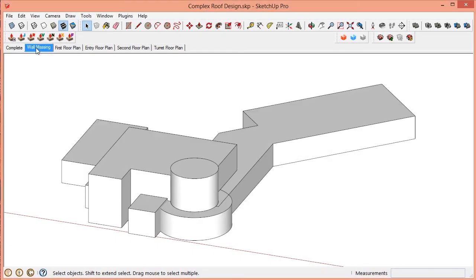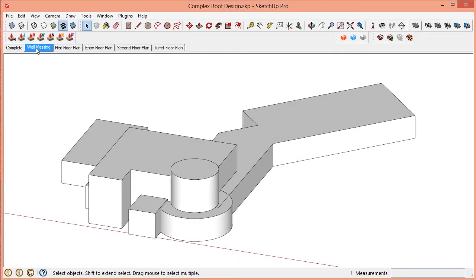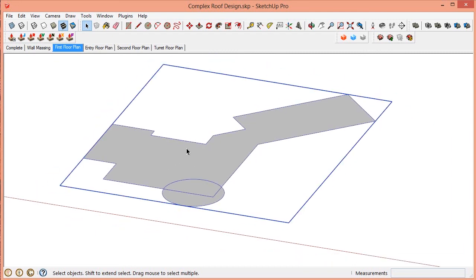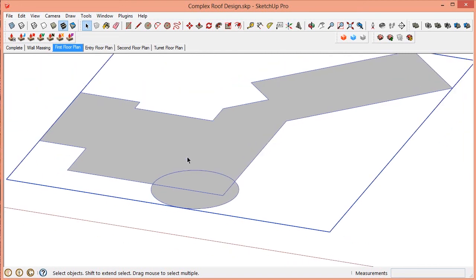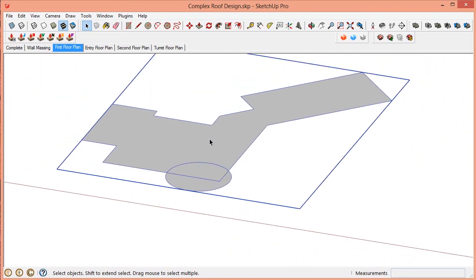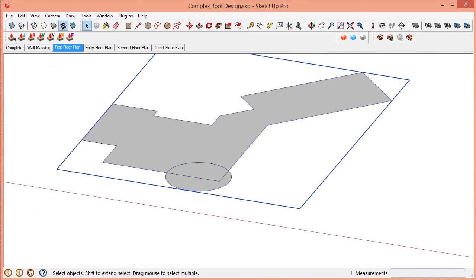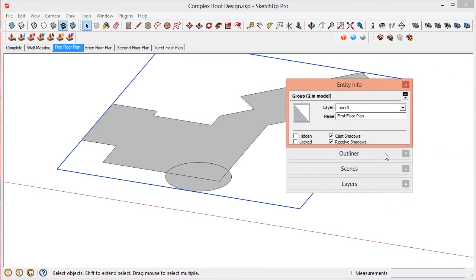From the wall massing, we will determine the floor plans, and from the floor plans, we'll develop the roof plan. So starting with the first floor plan, which is made up of two parts, which is the tower and then the balance of the first floor plan. Let's make a copy of this. Edit, copy, edit, paste in place, and then let's go ahead and save,